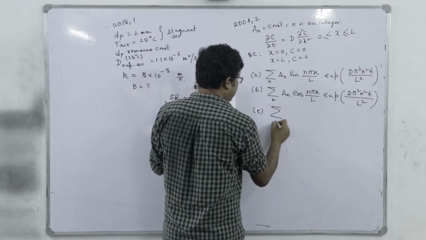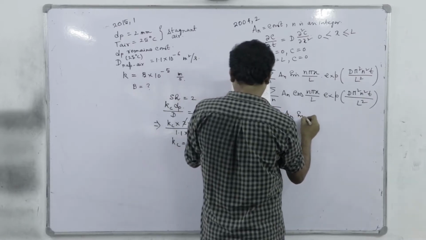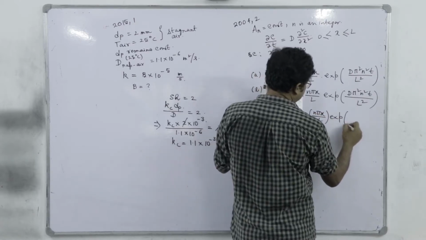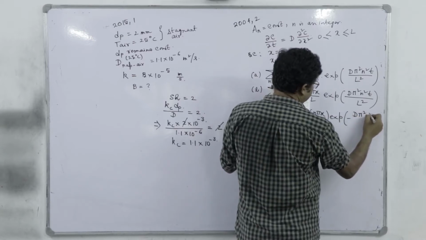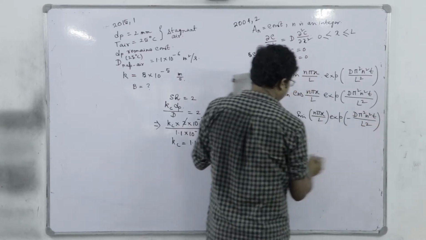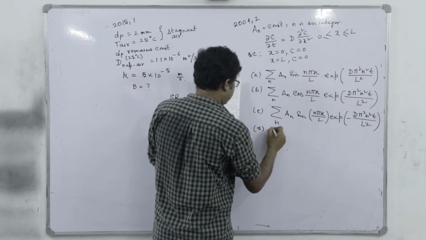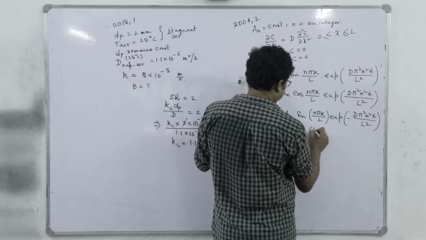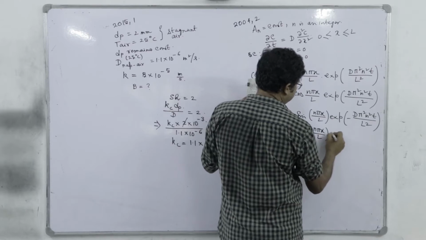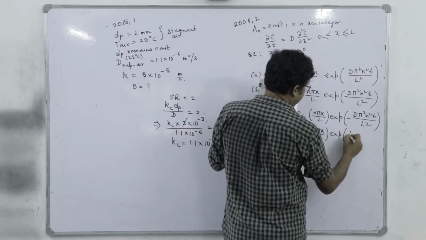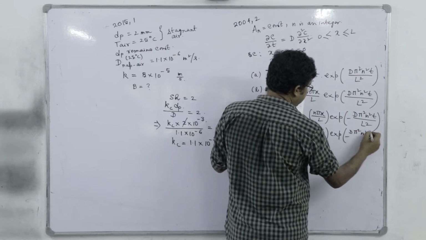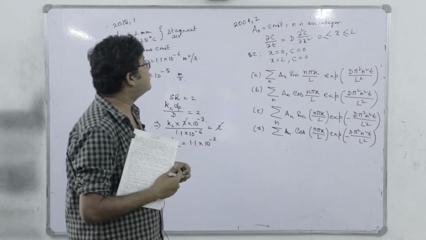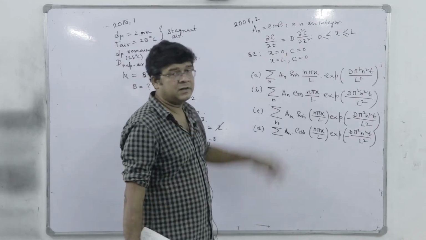C, a n sine n pi x by L into exponential of d pi square n square t by L square, right. And D, a n cos n pi x by L into exponential of minus d pi square n square t by L square. So, apparently we may be thinking that we have to solve this differential equation maybe by using this separation